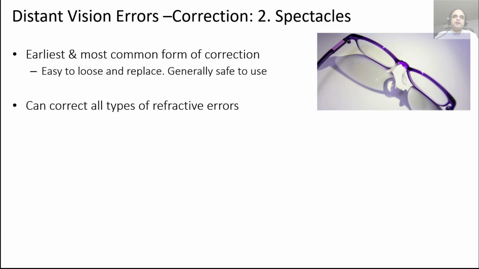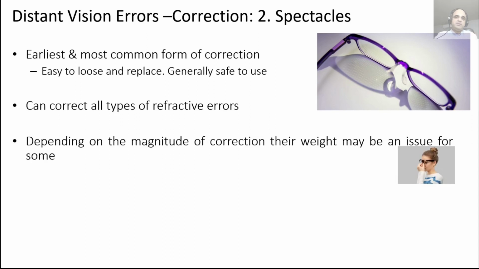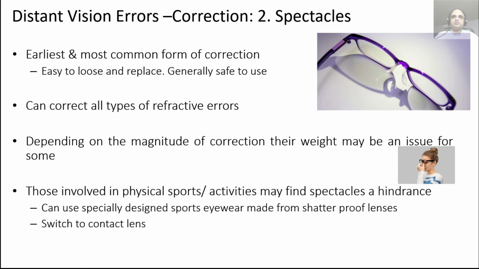The first proper way of correcting distant refractive error is use of spectacles. It's the easiest and the most common way. They can correct all types of errors. The weight can be an issue because the greater the magnitude, the greater the weight of the lens. You can use high density lenses, which are called higher optical density lenses, high index lenses, but again they would have some weight and they can sort of impinge on the nose or even produce a little bit of a blemish on the nose. And if you are involved in a physical sport or an activity, again, spectacles could be a hindrance. You can use specially designed sports eyewear, which is made from shatterproof lenses,